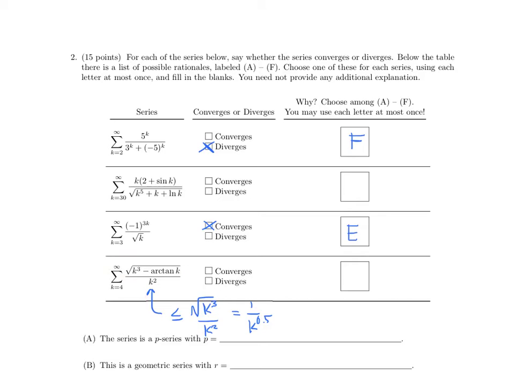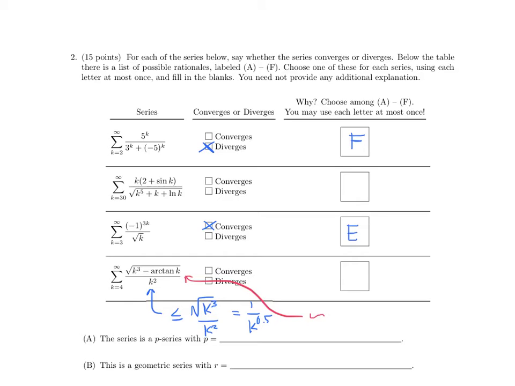Let's try the asymptotic comparison. The asymptotic comparison does the same thing. Note that as k goes to infinity, arctan k actually doesn't grow. It just approaches pi over 2. K cubed is the fastest growing term in the numerator there. And so the asymptotic comparison test, rather than the direct comparison test, will tell us that this right here,